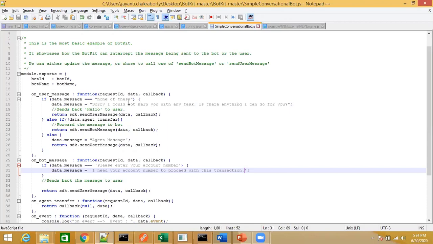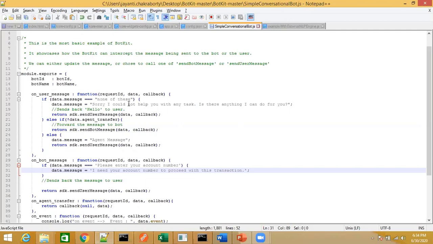Now, this message is not coming from the bot. It is coming from the BotKit layer itself. So when the user sends a message, once I enable the BotKit, that message hits the BotKit. It's up to the developer to decide whether he wants to push that message to the bot, or whether from there itself he wants to handle that situation and send back a static message to the user.